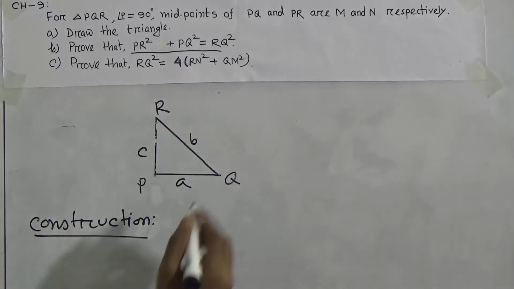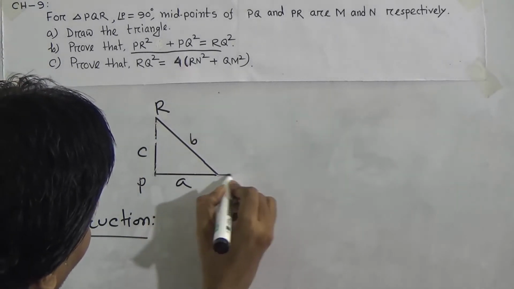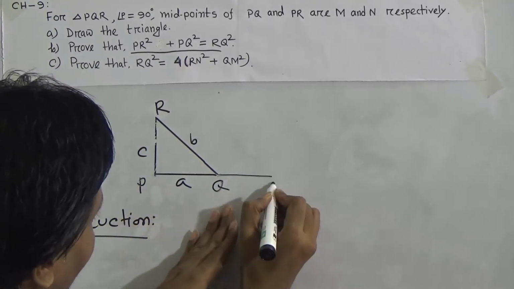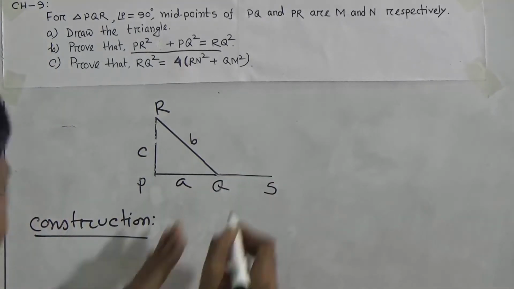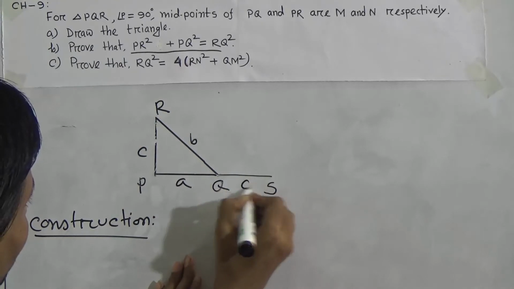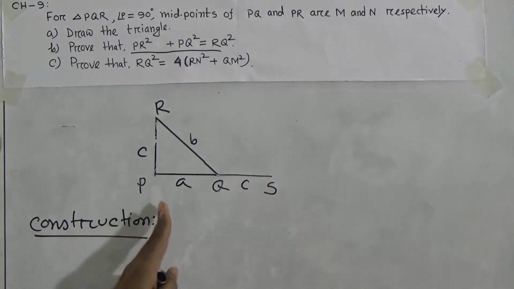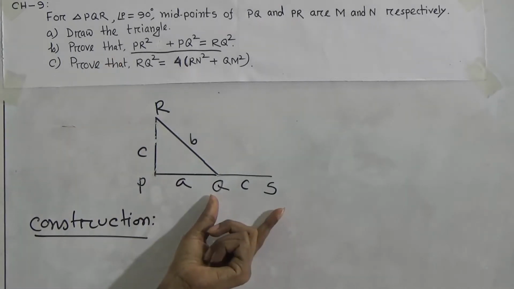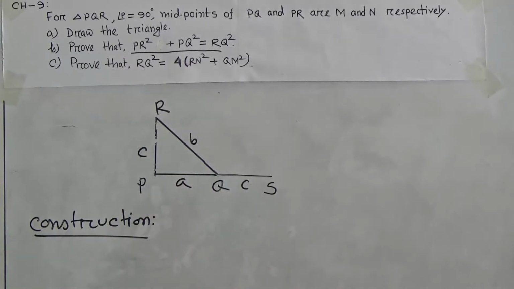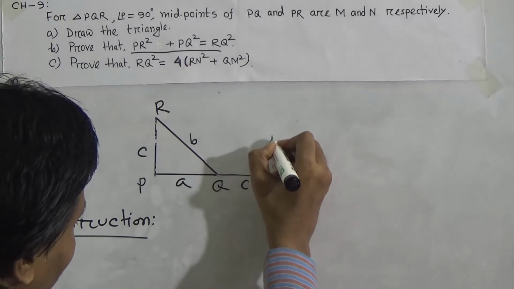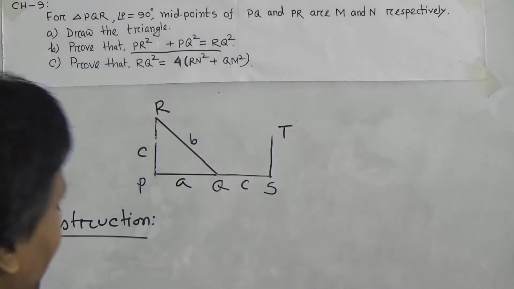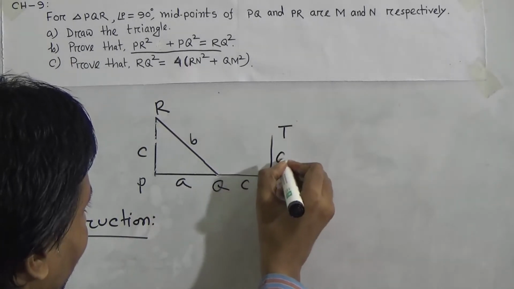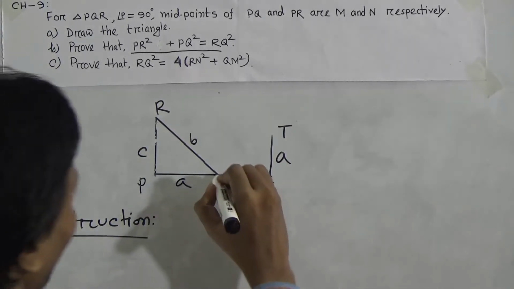Now you have to extend PQ to S so that QS equal to RP equal to C. Now we draw a perpendicular ST. Give the name ST. And ST must be equal to A. Okay. Now join